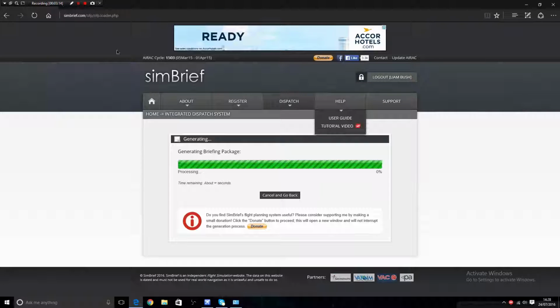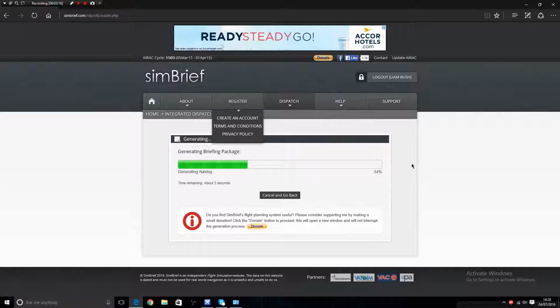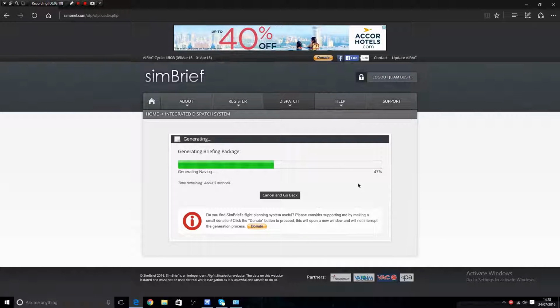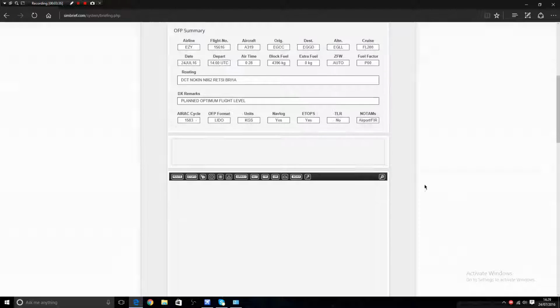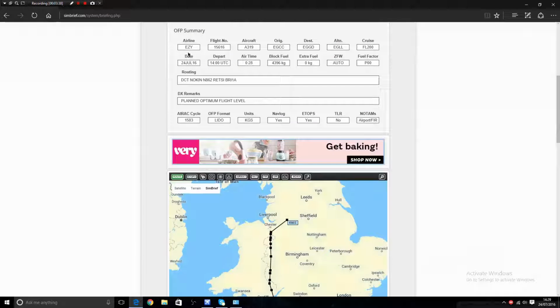and it's going to generate yourself a flight plan. So you've just got to wait for this to load and generate. There's not really a lot you can do. It doesn't take too long, it takes like 10 seconds, and that's that. So it's going to take you to this page now, where, as you can see, it's got all of your